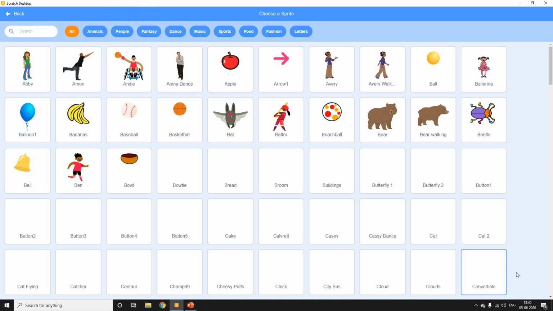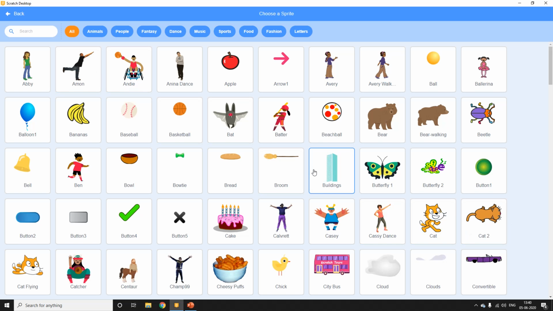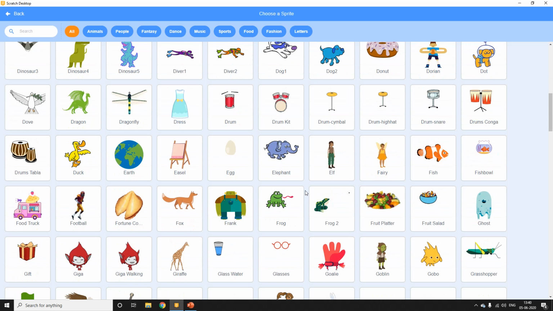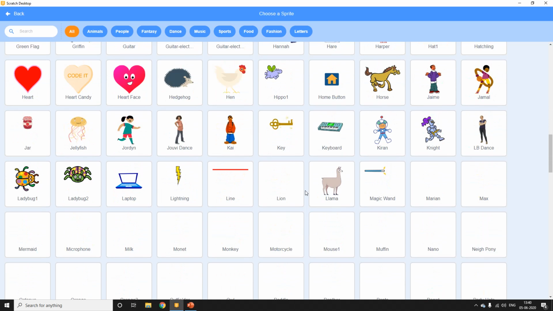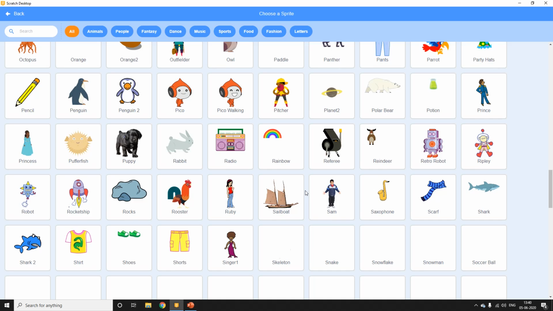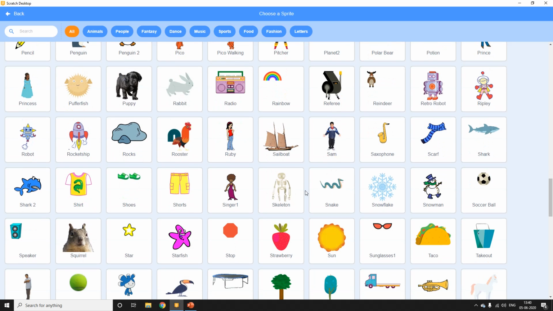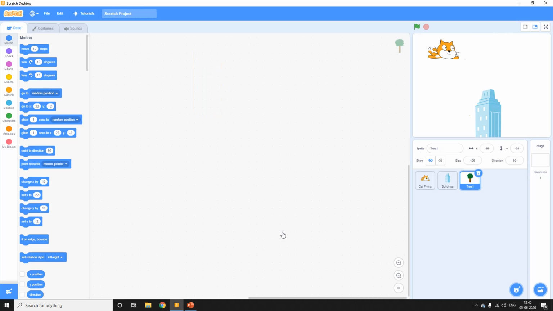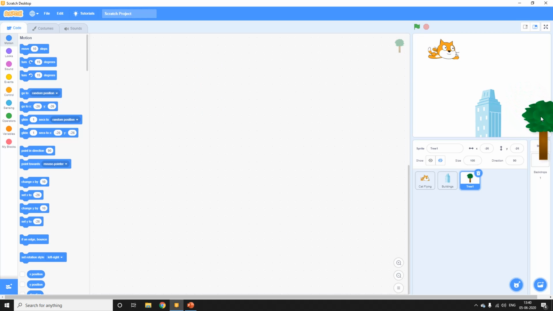So I'll use a tree sprite. Let's go and search for the tree sprite. So here it is, the tree one sprite. I'll choose this and I'll place this in the similar way on the bottom right corner.